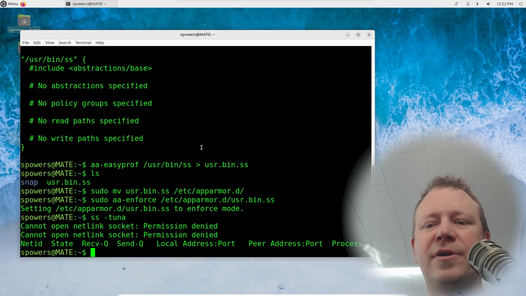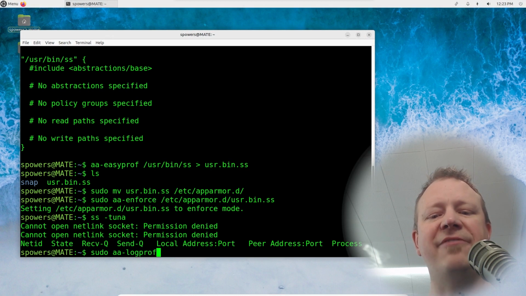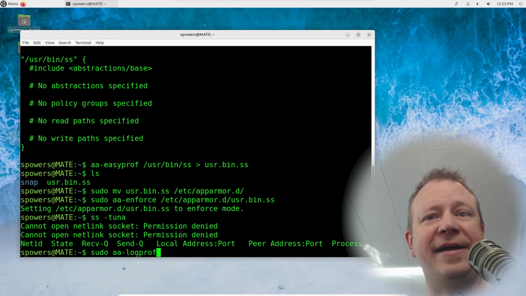And there's a really cool tool that will allow you to tweak the profile for a particular application that has broken the rules. And so it'll just walk us right through all the things that it's trying to do and ask us, do you want to let it do that? So let's do that. So back here, these are where all the errors just happened. We're going to use the tool. So sudo aa-logprof. And what this does is it's going to tweak our profile based on the log entries that were just made.